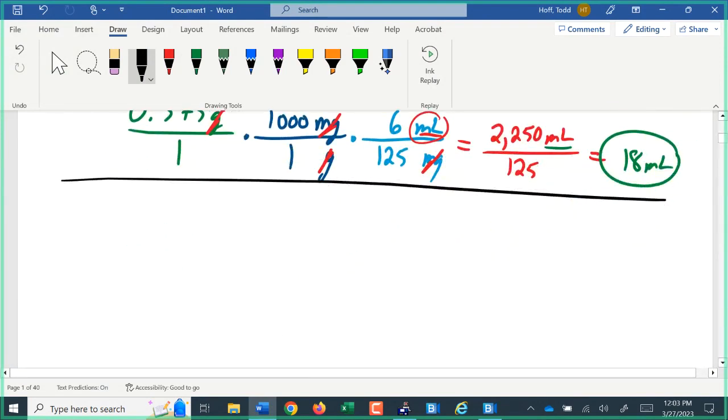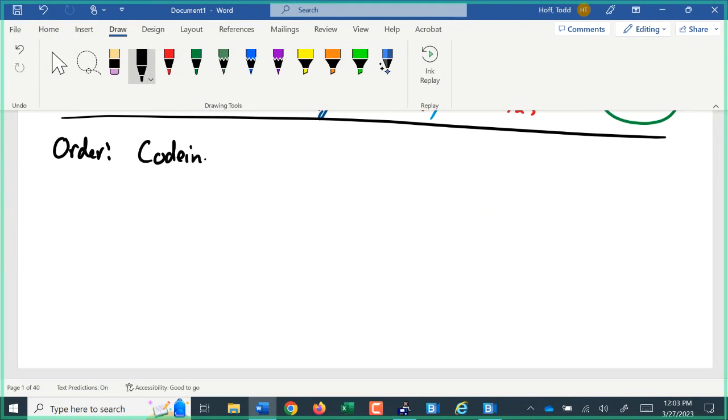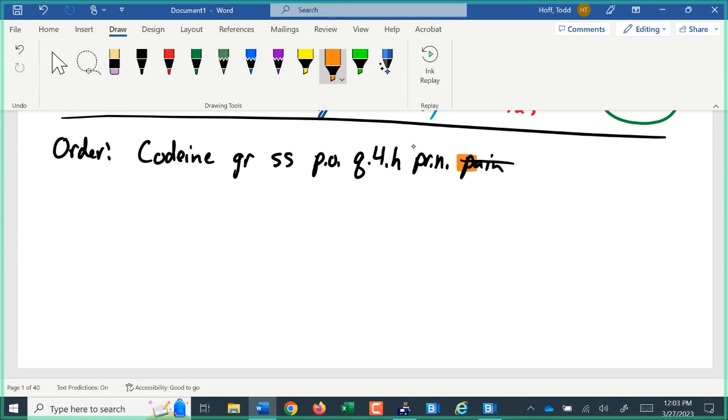Well, let's look at one that has options. So our order here is for codeine, GR SS, PO Q4H, PRN pain. So there's a lot of information here. The pain just means that it's administered for pain, just the purpose of the medication. PRN is as needed,